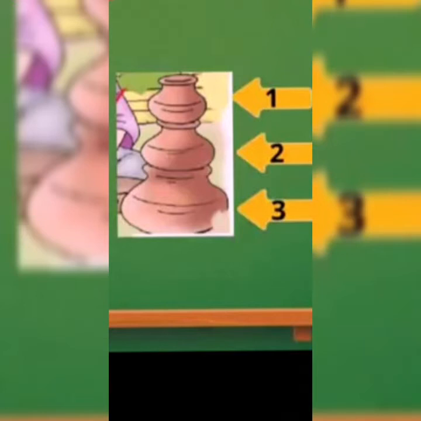Yes, here we have 3 pots in this picture. So, the first pot is on the top position. Dear students, look at the picture carefully. Here we have 3 pots, 1, 2 and 3. So, the first pot is on the top position and the third pot is on the bottom position and the second pot is on the,